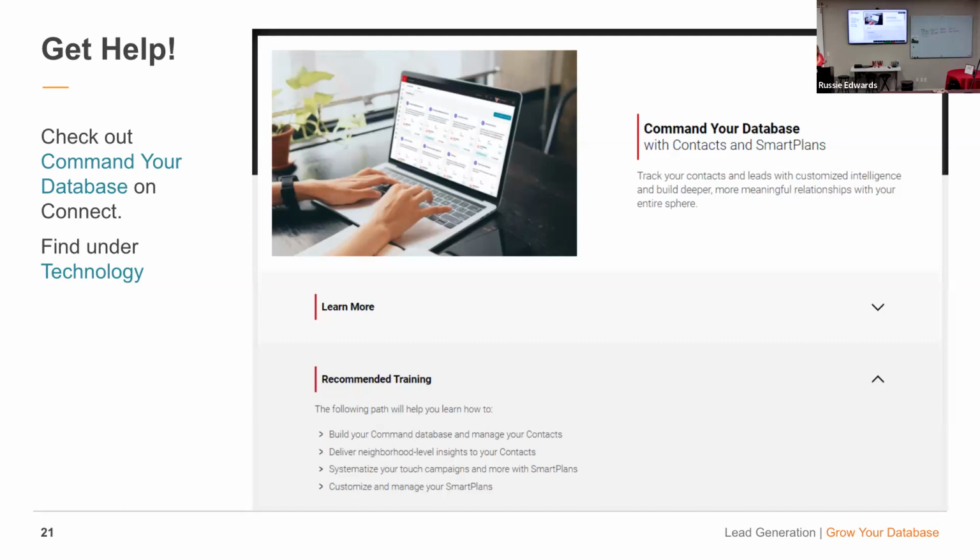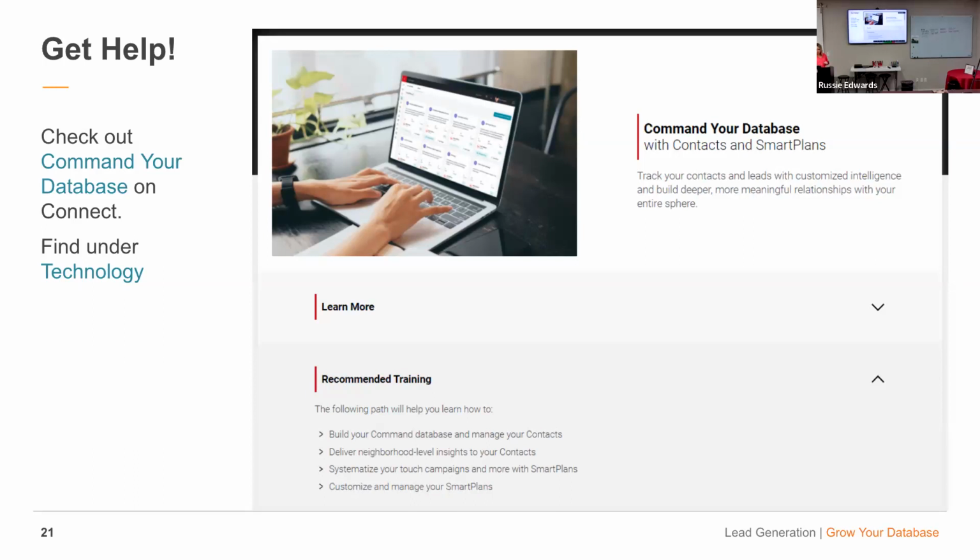Command makes it easy to build your database. So you're going to enter the contact. There's a lot of different ways. And again, we're not going to go into the weeds in Command because that's a whole different training, but just know there's ways you can do a mass upload. So let's say that you are someone that's been operating out of an Excel spreadsheet. That's okay. We'll have Kylie or Scott, actually, I think Scott Lowry Marketing now does that for us, just send them your database and they'll upload it all for you. And you can also do that with all of their contact information too. So you can enter them one by one manually, or you can import into Command using a template.